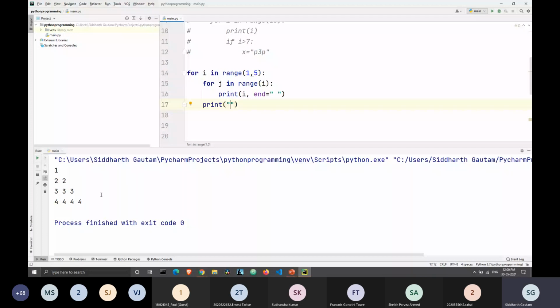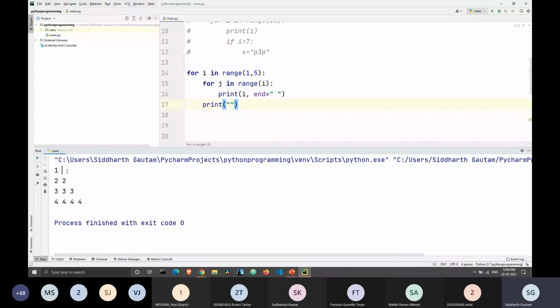What's happening here is that when this loop gets executed, i gets printed in the same line, because I have end equal to a blank space. That's why there is no line break between the i's. But as soon as we exit this for loop once, we will print an empty string.